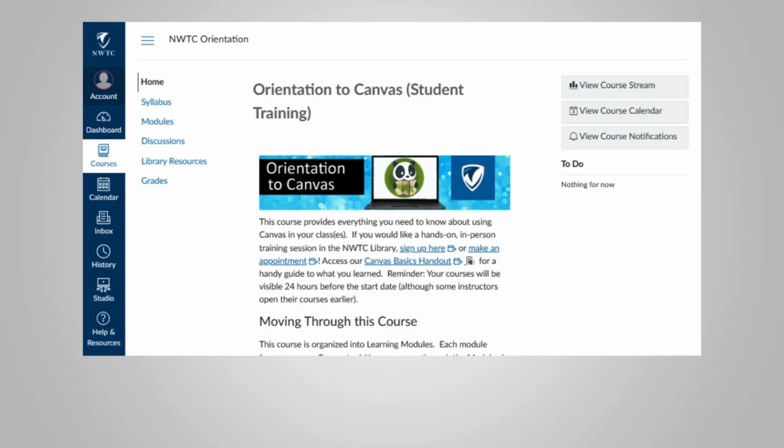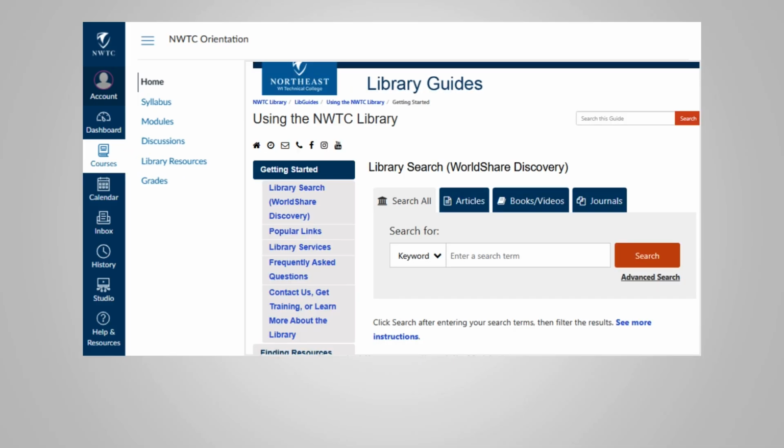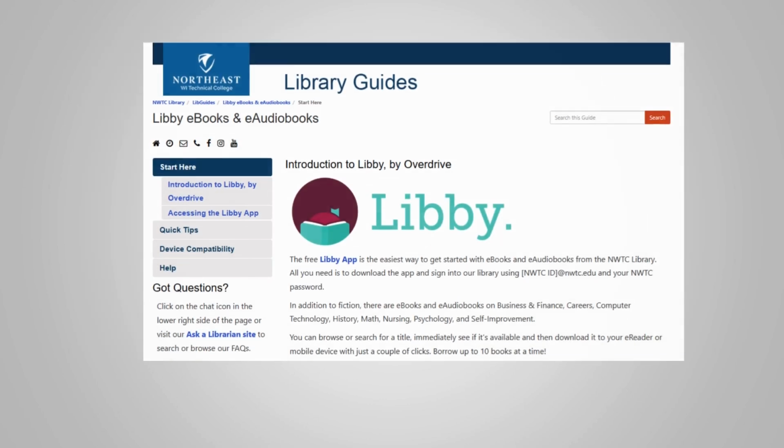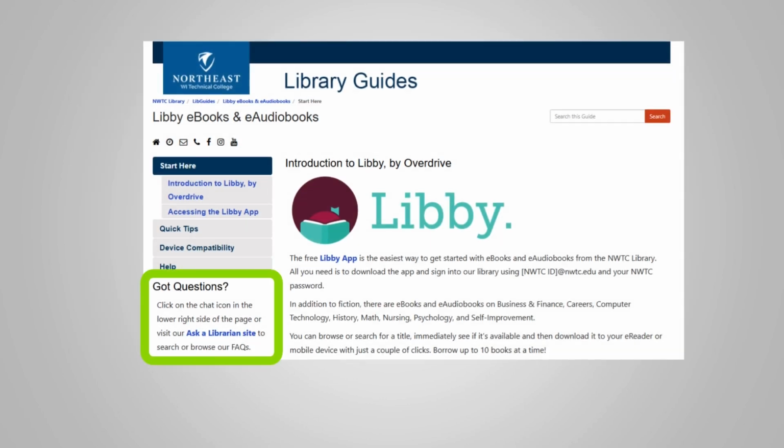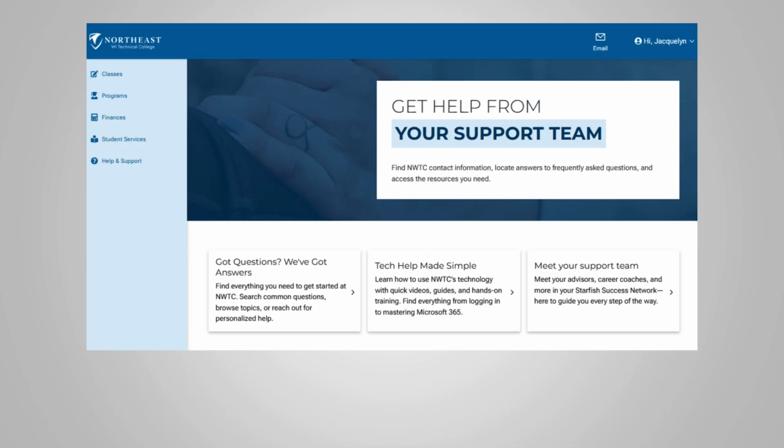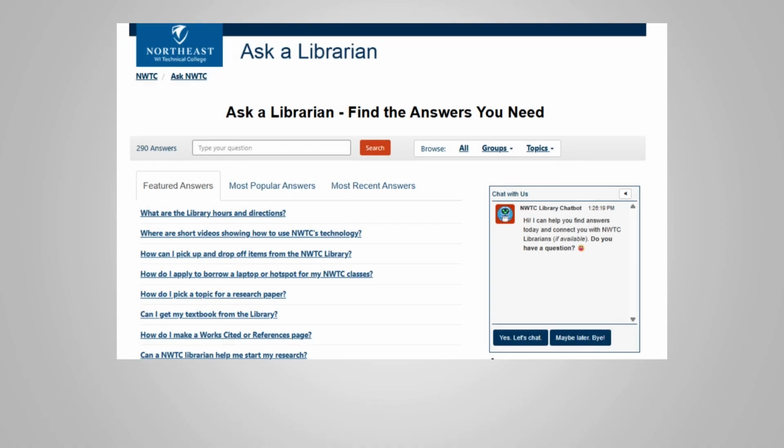In any Canvas course, click on the Library Resources link to visit your program's library guide. To search the FAQs from any library guide, look for the Got Questions box, and click the Ask a Librarian link. To connect from the Help and Support section of the student portal, click the box titled Got Questions? We've got answers, or access the FAQ site directly at